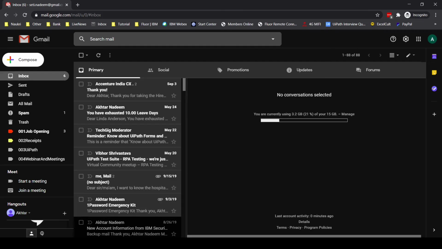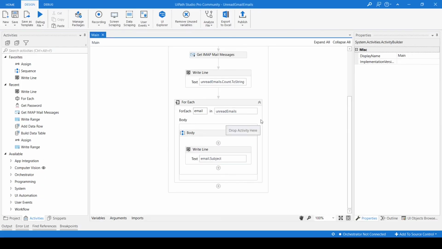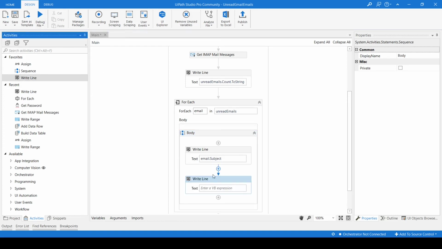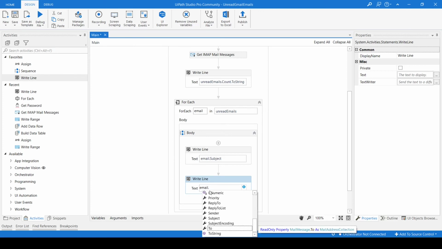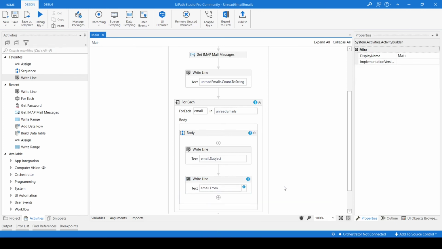We got it here, and what else can we do? We have read the subject. We can also find who has sent the email. So how can we do that? Email dot from, who has sent. We can pass here the from address, but here it is throwing an error.